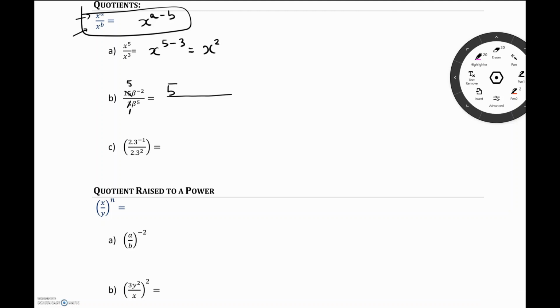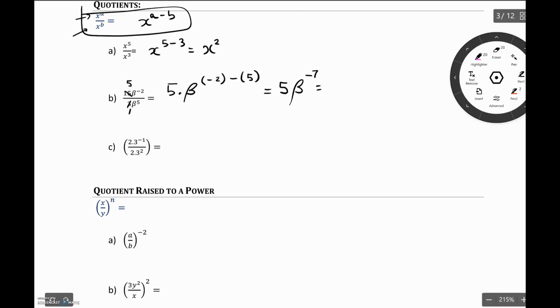So, well, there are actually different ways of looking at this. Let's keep this 5 here. So since we are dividing, we are going to keep the b, the beta. We're subtracting, so we have negative 2 to start, and we're subtracting the 5. So this now actually becomes 5 beta to the negative 7, which we can write as 5 over beta to